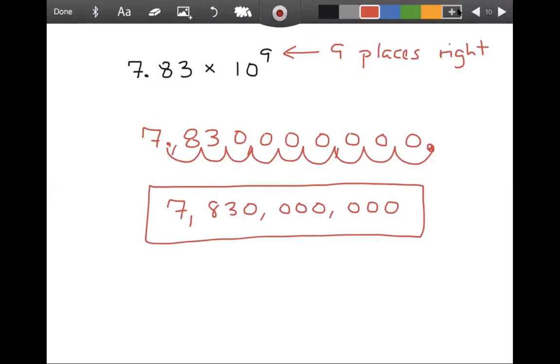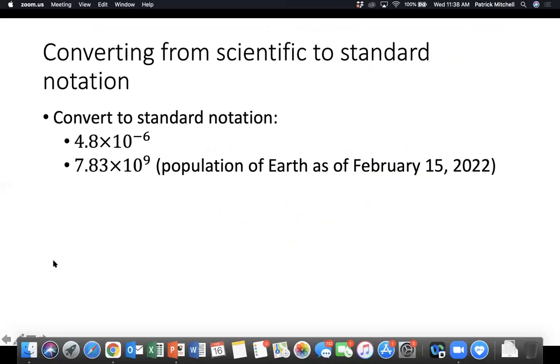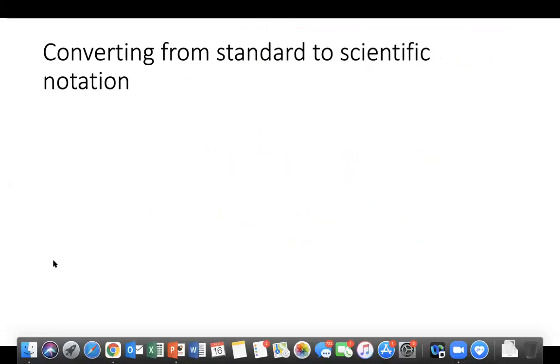All right, back to the presentation for a couple of examples of going the other way. Converting from standard to scientific notation, we have